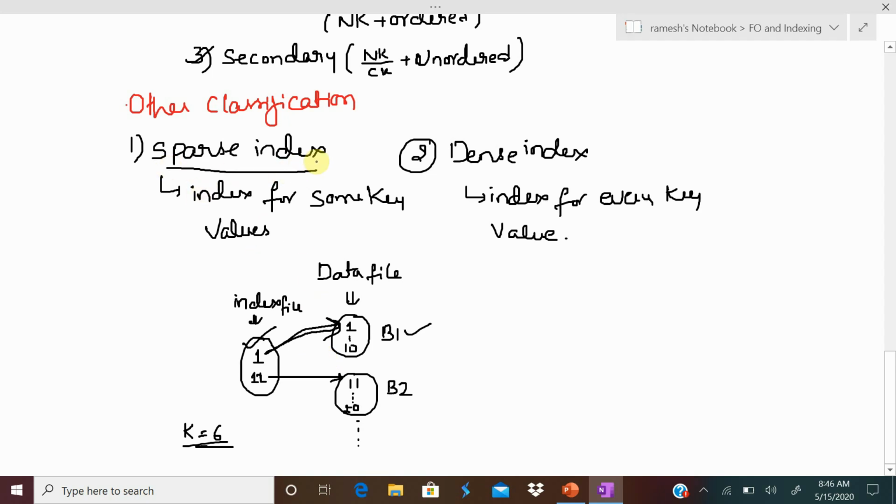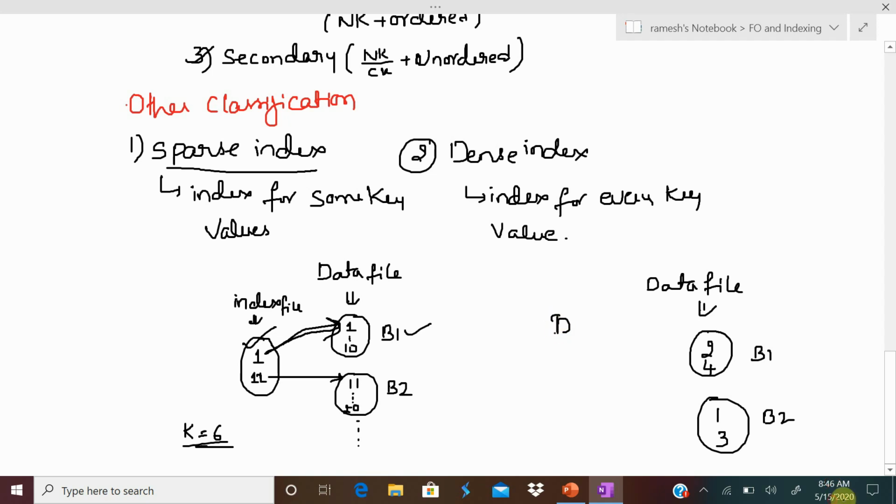Suppose I wanted to create an index on some data file like this, say this is my data file. My data file consists of similarly block 1, block 2. Say my block 1 contains some records 2, 4, 1, block 2 contains 1, 3, and this is my data file.